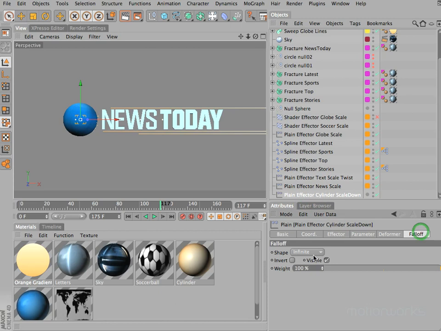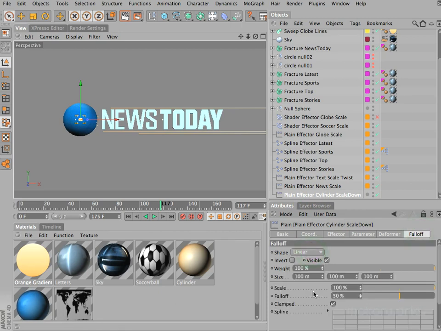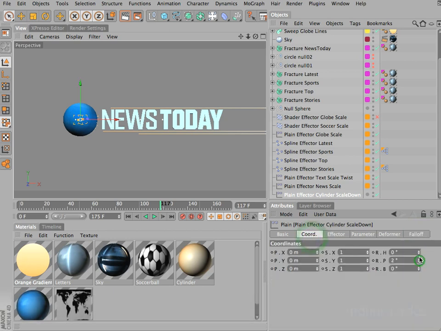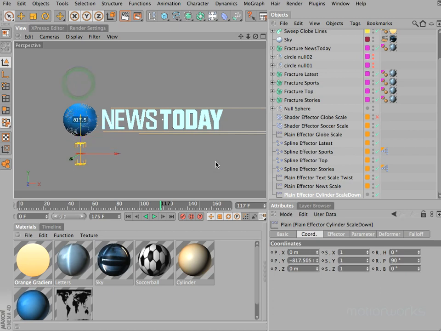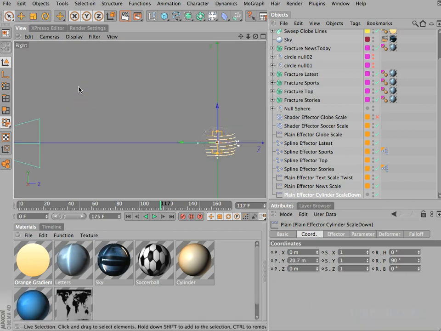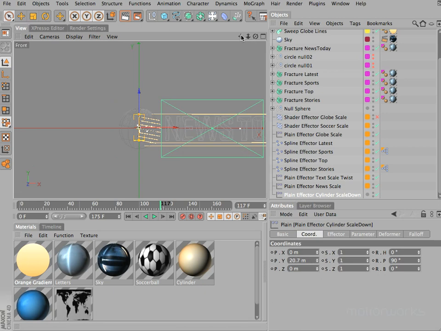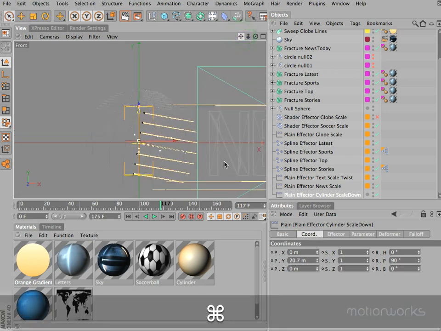I'd like to use fall off for this, so I can wipe it across, and let's give it something like 250 for the Z. If we come to the coordinates tab, we can now adjust the pitch to 90, and now even from here as we pull it through, you can see our football texture is being wiped off. So let's just switch to say our front view, zoom right in,